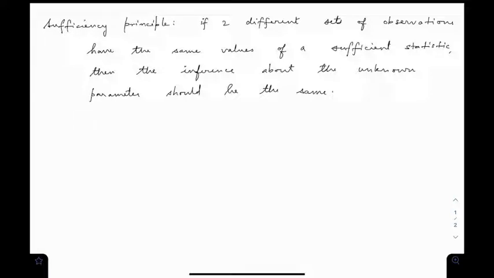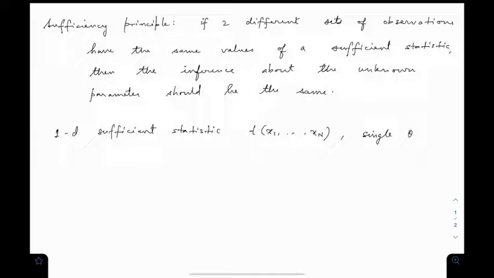So if we consider the case of a one-dimensional sufficient statistic and a single parameter theta, then the likelihood function can be written as